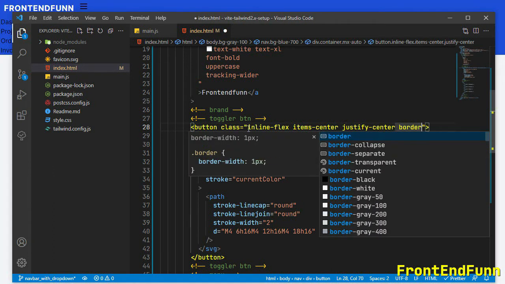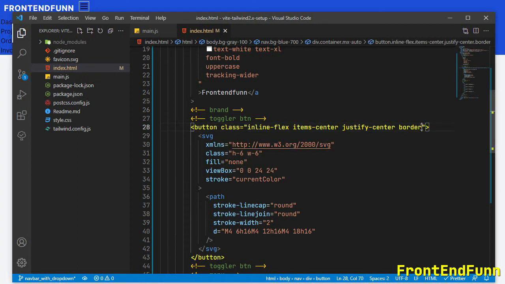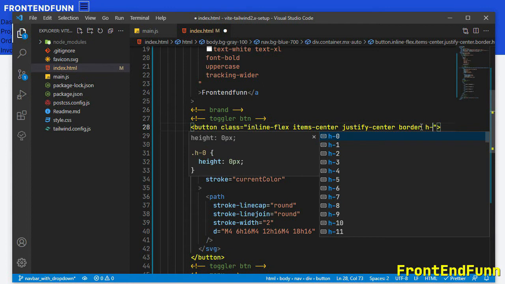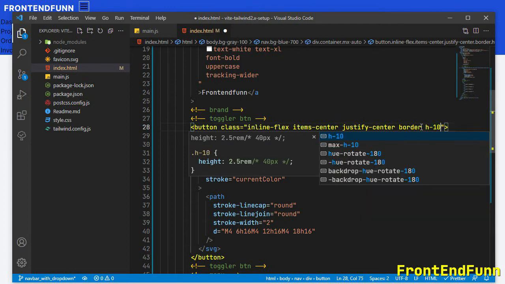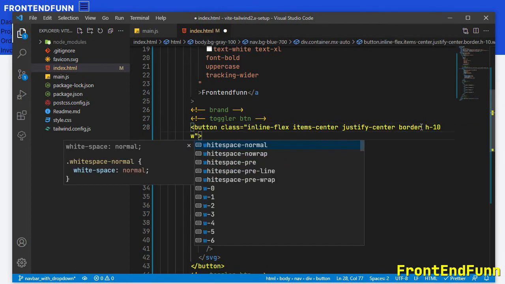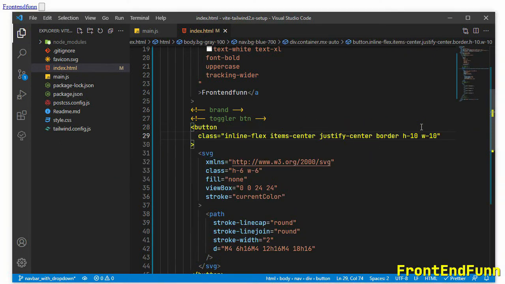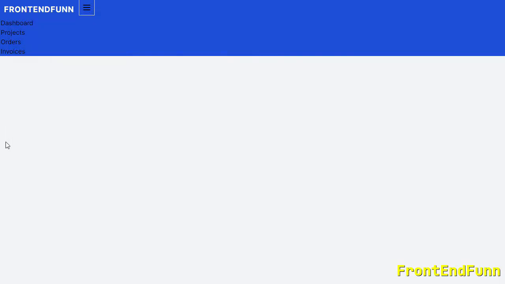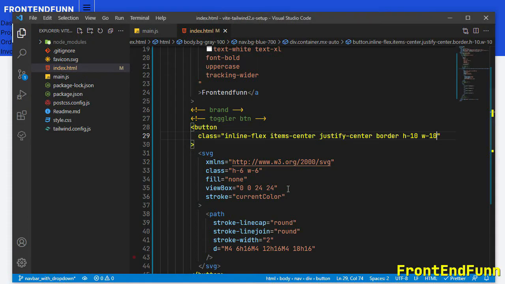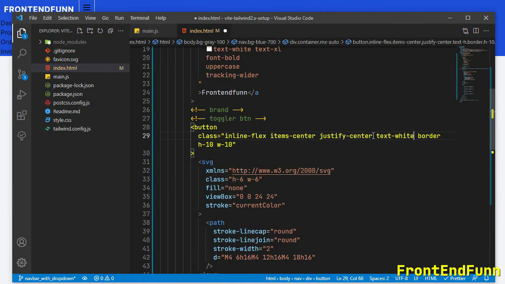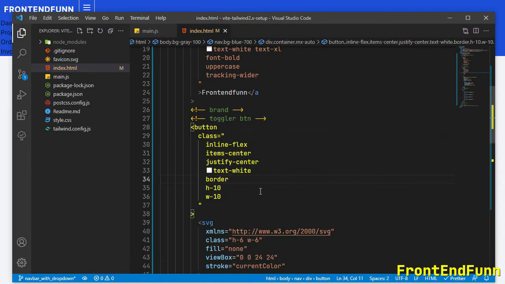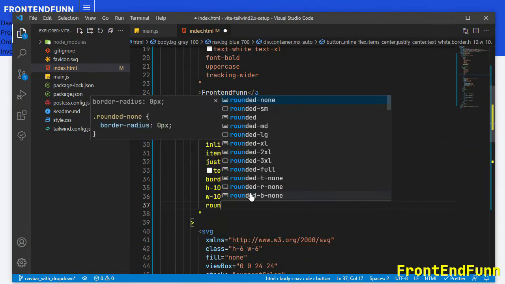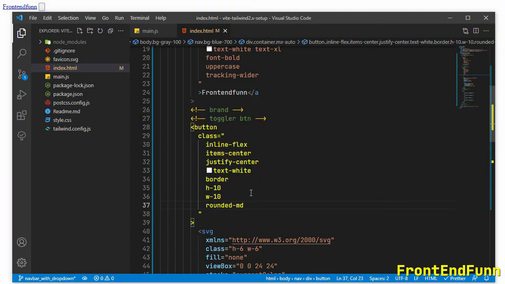Let's add some border. So I'm just adding the border class here, and I want to control the height and width of the element, so I'm just adding h-10 and w-10. Let's make the text white, so text-white, and let me give a rounded corners here, so rounded-md.